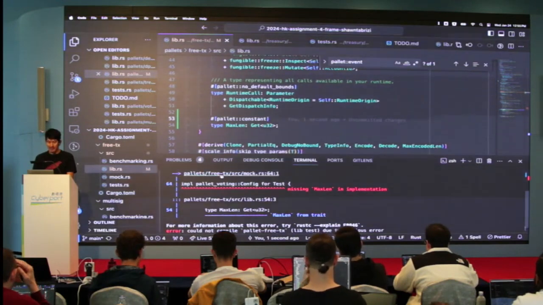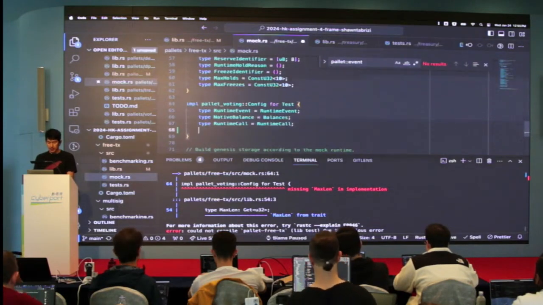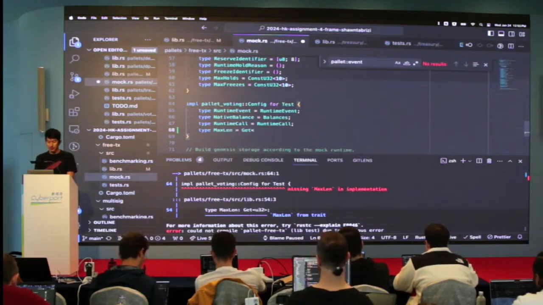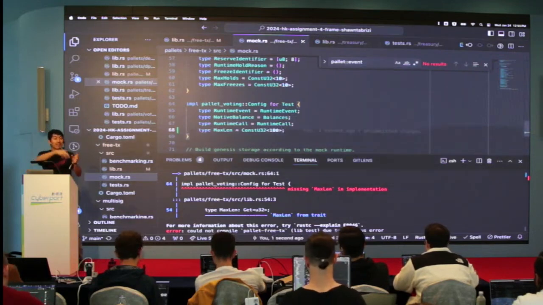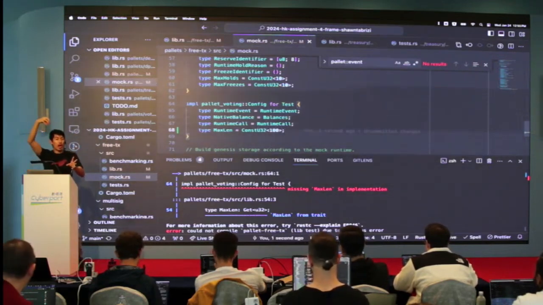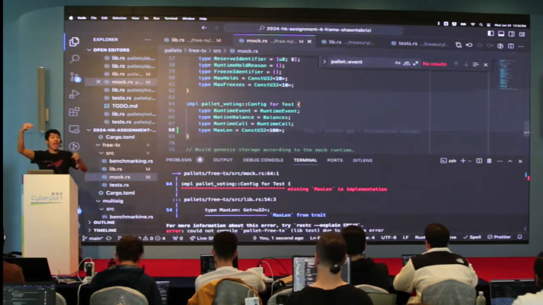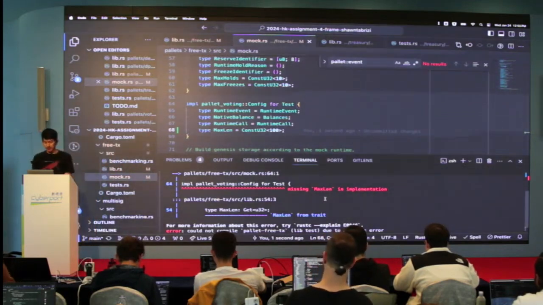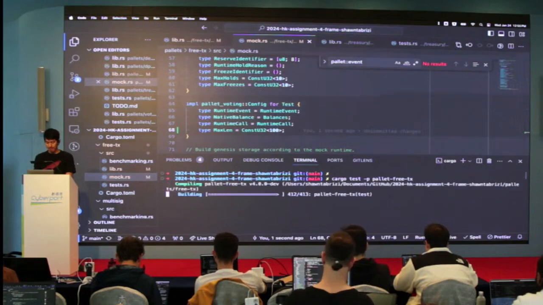Okay, so in my test, I need to include this new thing. Type MaxLen is equal to ConstU32 100. Again, remember, we have a configurable option in the pallet, and then we concretely configure it in the runtime. That's what's happening here for the test. Okay, this works.